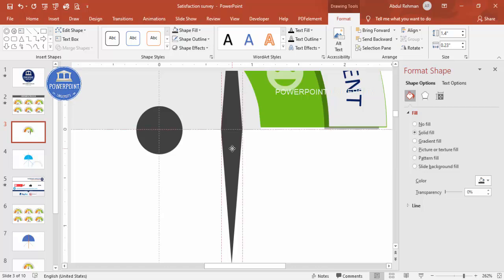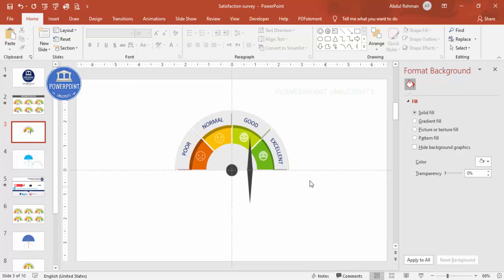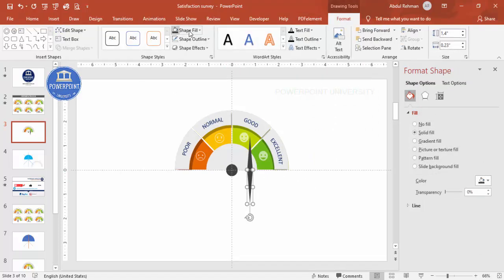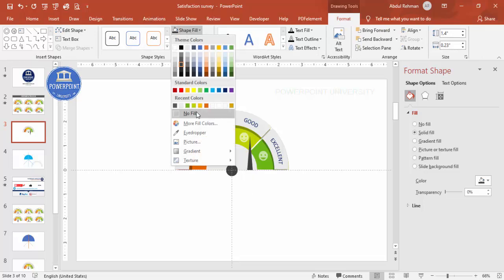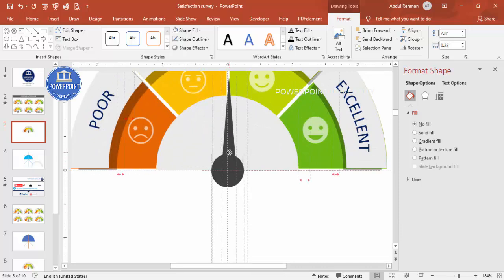Let me just do it one more time. Yeah, all right. And then what I'm going to do is I'm going to select the bottom, this one which I've added just now. Go to format, shape fill, I'm going to make it no fill, and then hold the shift key, select this one. So both got selected, one with no fill and one with this black color, and press Ctrl G to group it, and then bring exactly at the top. Let me just zoom in and put it exactly in the center.